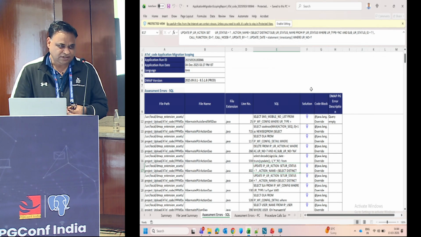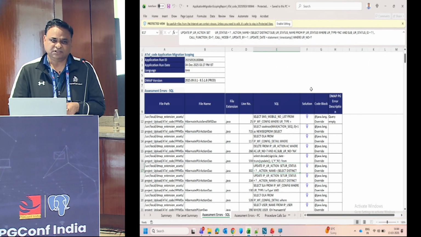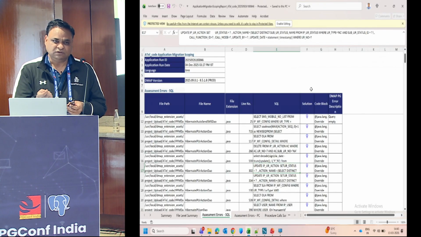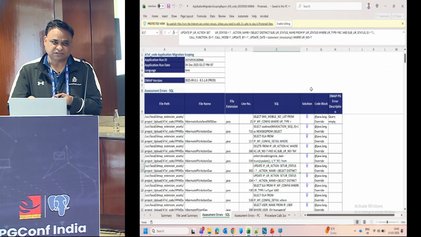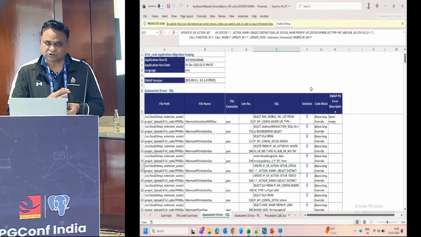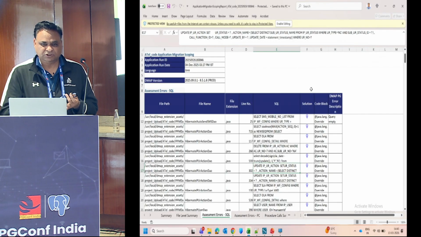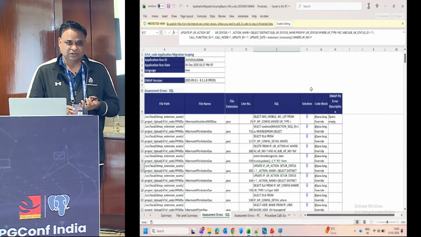You destroy that container once the assessment is done. We don't have any access to the machine where DMAP is installed. Some people say that they don't have the manpower to do it, and sometimes they give us access to that VM, fine, then we do it. But from our platform perspective, we don't store any data, whether it's DB objects or application code.